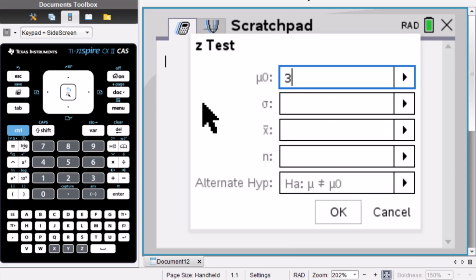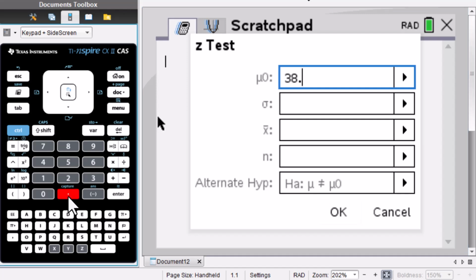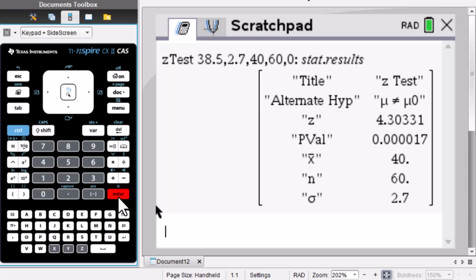Mu 0 equals 38.5, sigma 2.7, x bar 40, n is 60. We are testing H1, mu is not equal to 38.5. Then enter. We got p-value equals